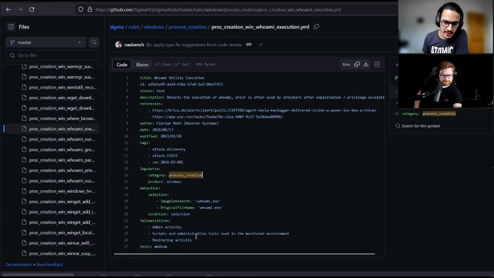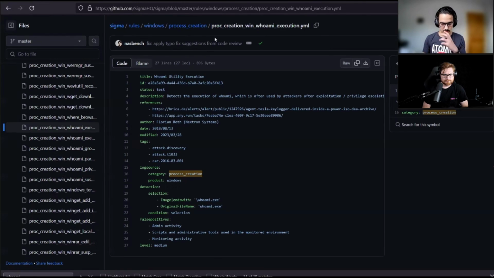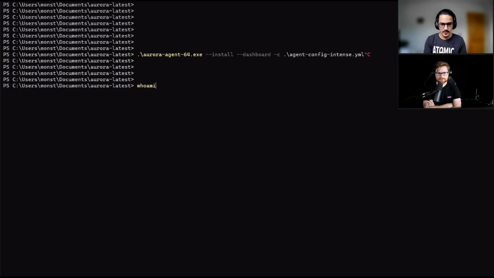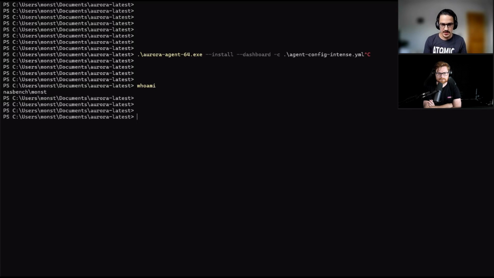You might use a tool like Aurora. So let me share my screen, go to Windows. Okay, so you download Aurora, and then you might install it like this. Once you install it, what it does is use all those cool rules that we've just seen, the thousands and thousands of rules, and it loads them and does live detection on them. So say you want to test a technique that the threat actor uses, like executing whoami. You execute your whoami, it's fine.